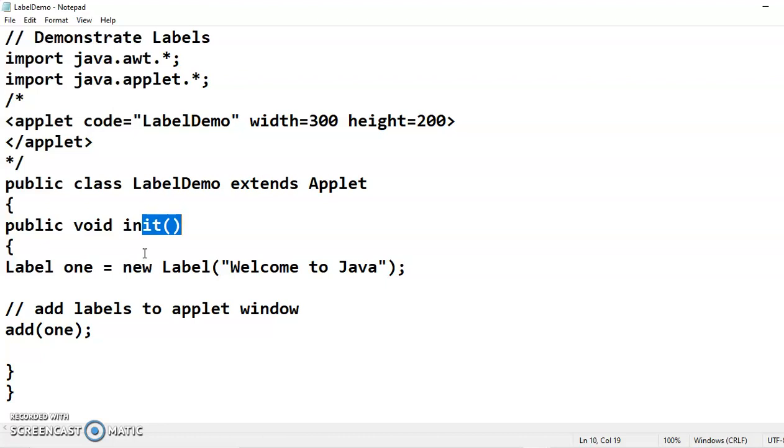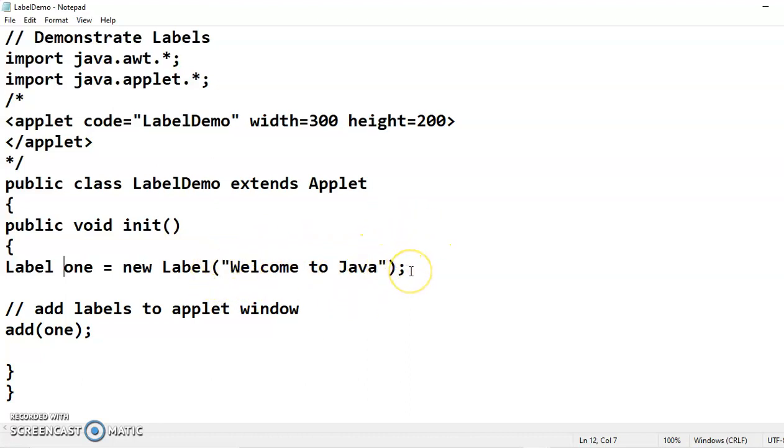So here what we want to create? We want to create a label. So we'll create the object of a Label class. So here is the Label class name. Object name, I have given the name as l1 equal to new Label. Now in the round bracket, we are supposed to pass the string which we want to display. As given in the question, we want to display welcome to Java as a string on a label. So I have written welcome to Java in double quotes. You need to write the string in double quotes.